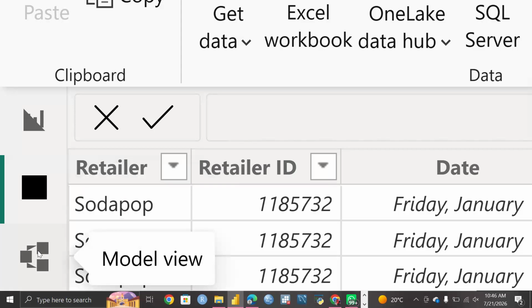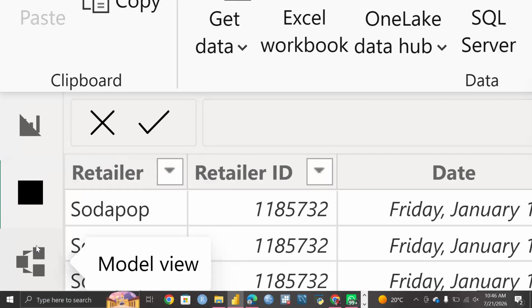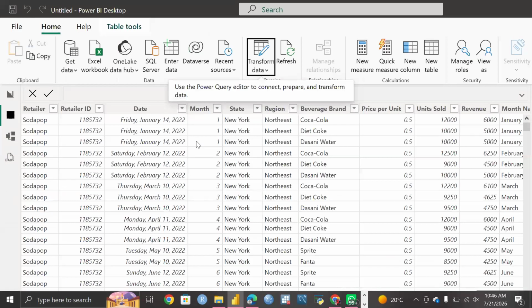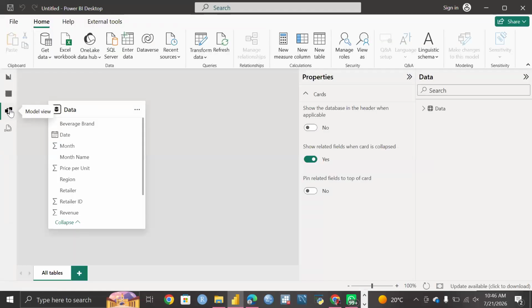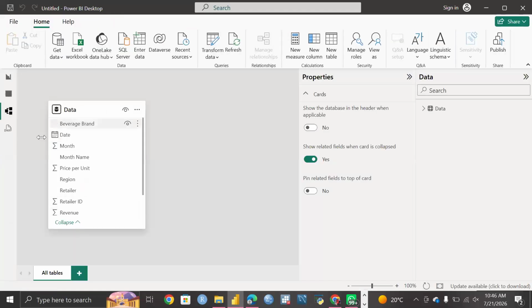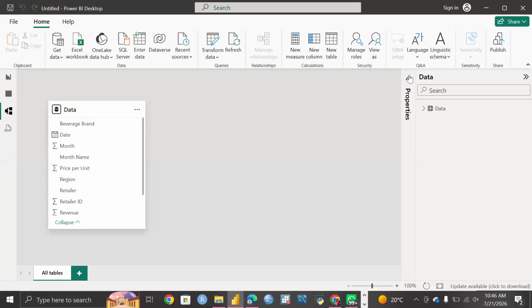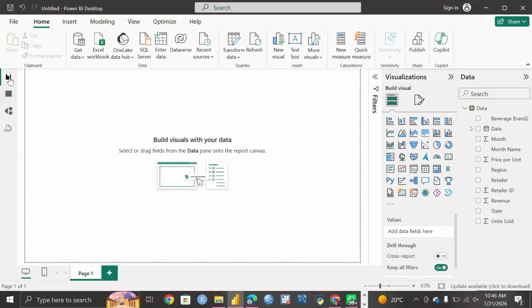We also have the model view. Now with the model view, this is where we use to look at how our tables relate to each other. So at the moment we have only one table. That's why we're not seeing any relationship. But if you have more than one table, you'll see all the tables here and you'll be able to tell how they relate to each other. So I want us to go back to the report view